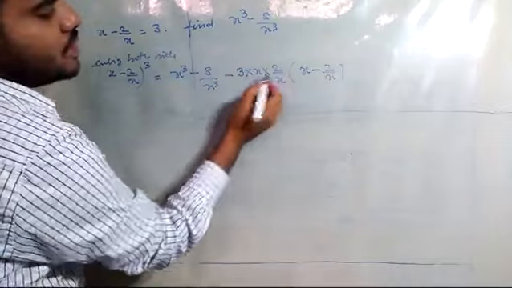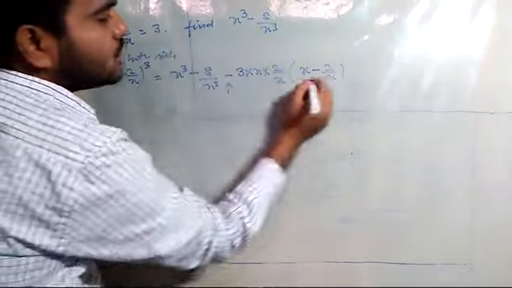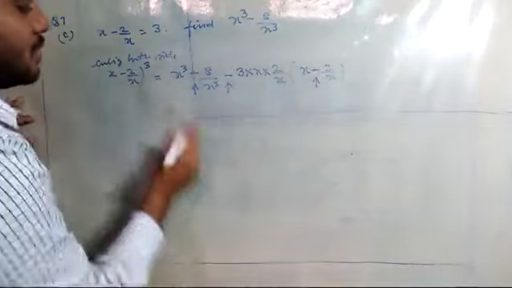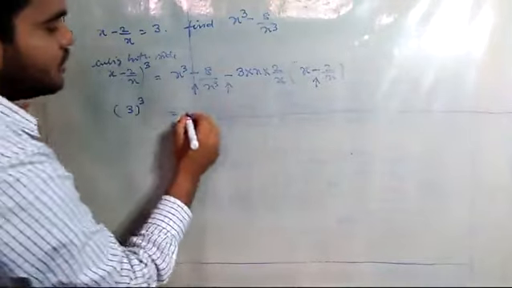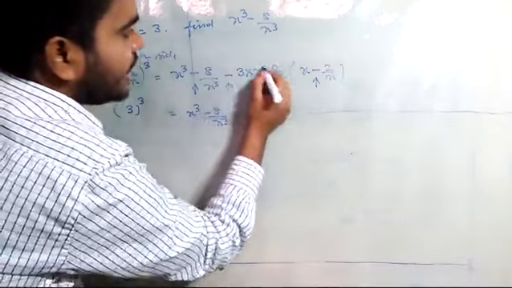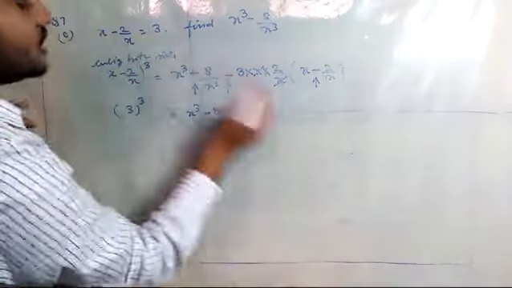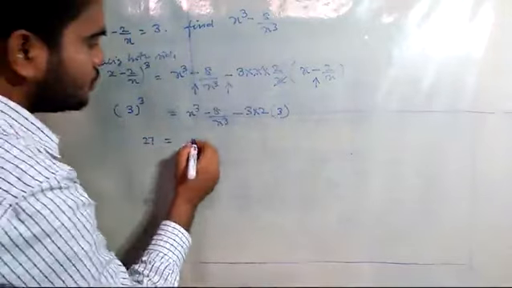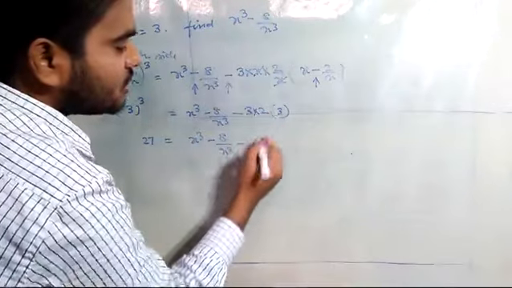Now here I have already put minus, because this minus 2 upon x, the minus 2 has already been taken out. So you should be very particular about this symbol, this minus. When you have plus, everywhere plus. When you have minus, then everywhere minus. Now you see x minus 2 by x, what is the value? Here 3. So 3 cube, this number will remain as it is. Minus 3, x and x cancelled. 3 2s are 6. And then x minus 2 by x is equal to 3, you apply here. So 3 3s are 9, 9 3s are 27 is equal to x cube minus 8 upon x cube minus 3 2s are 6, 6 3s are 18.